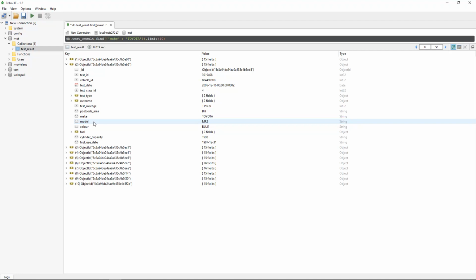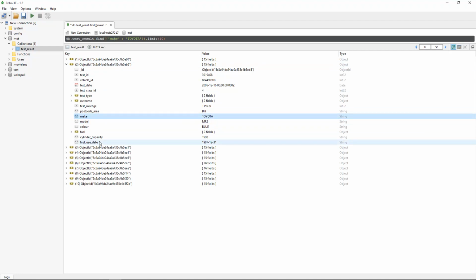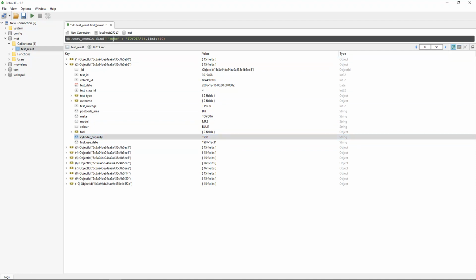Now, we tried to do this in MongoDB, and it didn't work until we created an index on make, right? So I can create an index on make. I can say cylinder capacity is greater than, all right? Cylinder capacity is, you can come and say,